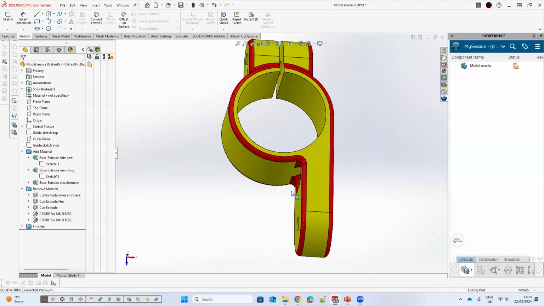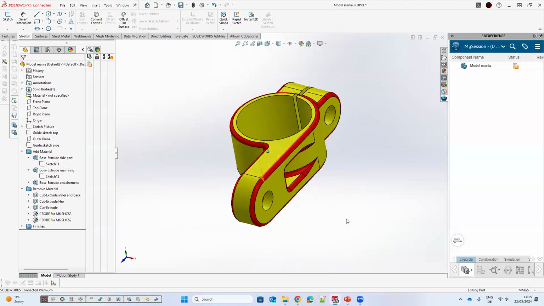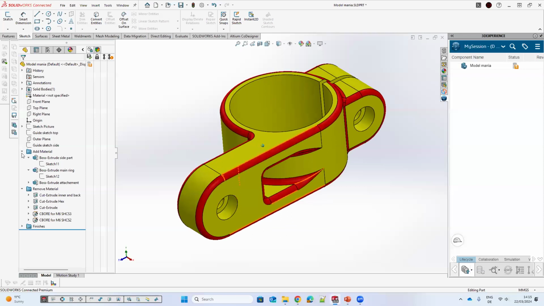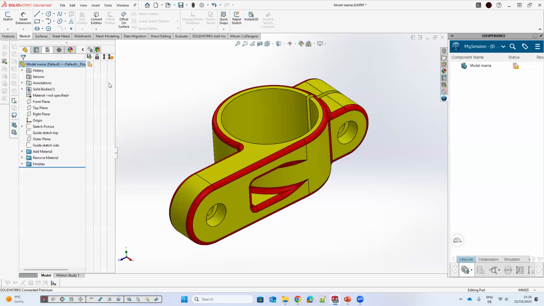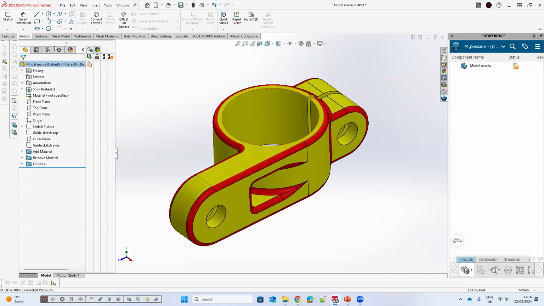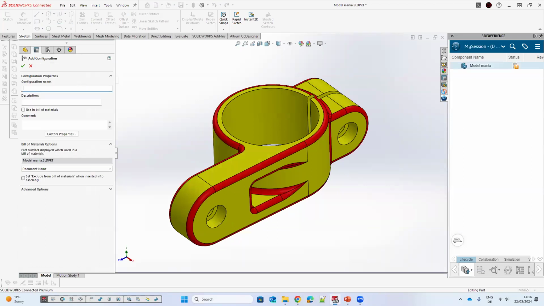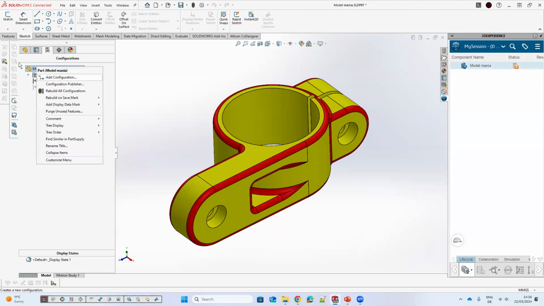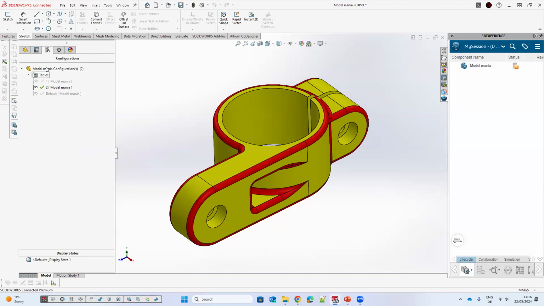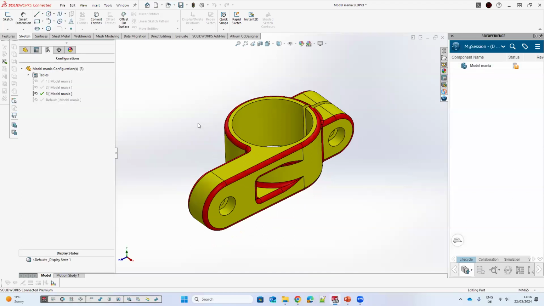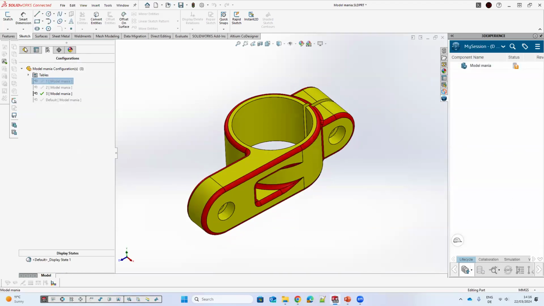And now when we are ready with a model, which is done with design intent, we will move to configurations. What we can do on this stage. First, we have this part, which is with these sizes. And we have, for example, a family of parts, which are similar to this one. We go in part number 1,